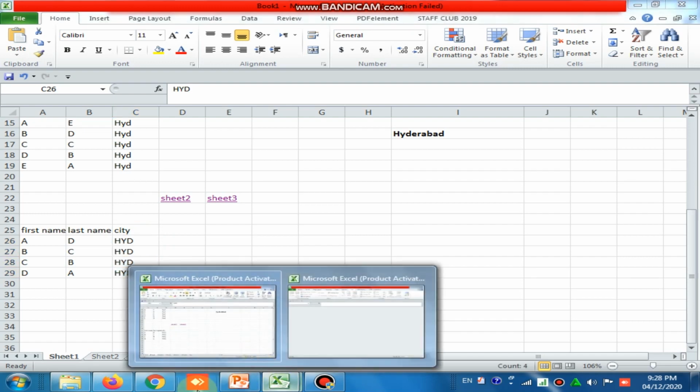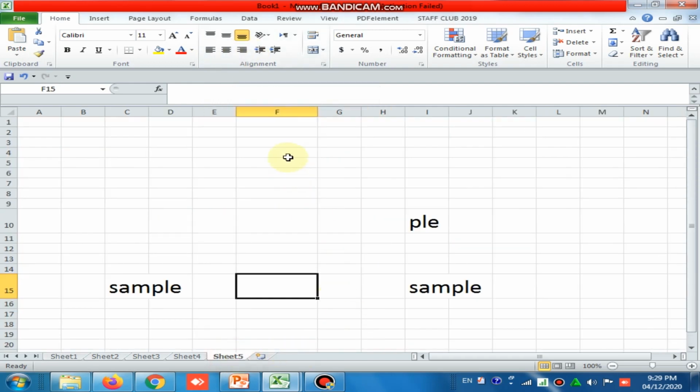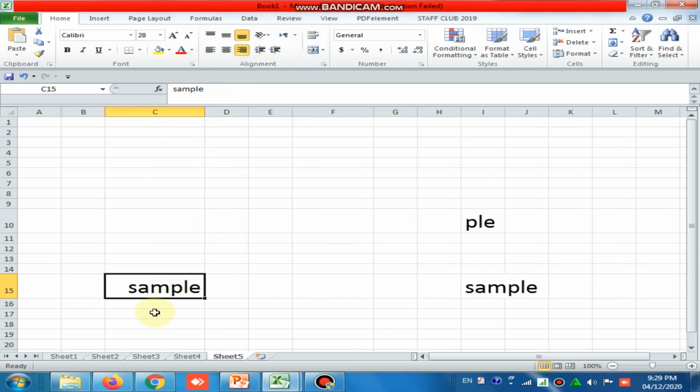And next, coming to the next key, alignment. This is very important. We make use of this in our daily routine in our work, whenever you use Excel. There are three alignments in Excel: left alignment, center alignment and right alignment. Now I will show the example. This text is in left alignment. I want to make some center alignment, I want to make right alignment. So I will show you carefully now. This is the right alignment, this is the center alignment, and this is the left alignment.